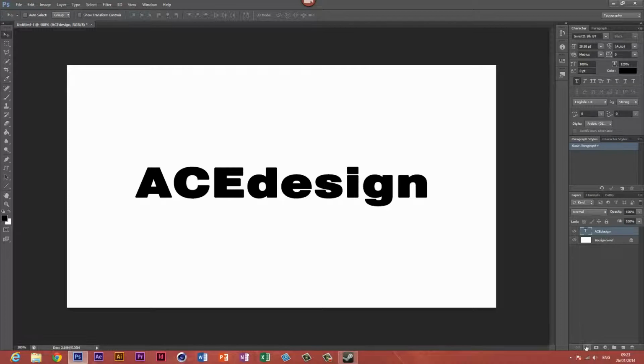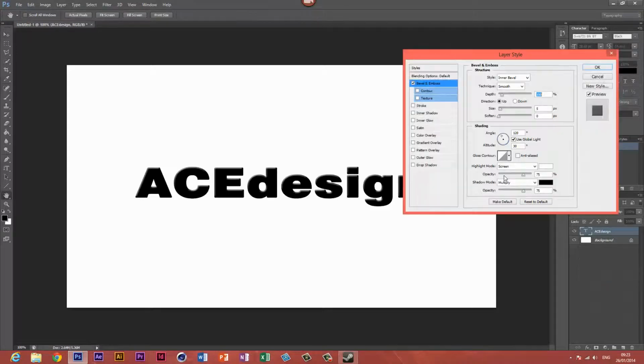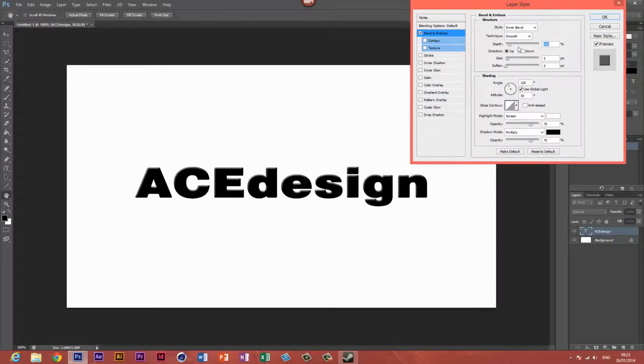Anyway, so yeah, this affects, I think, all of it. You can put effects on things. So let's just click there and go to Bevel and Emboss just to open it up. First of all, with Bevel and Emboss, you can make your text look kind of 3D with the shine on it. So here you go, you can put a shine on your text, you can soften it up like that, and yeah,